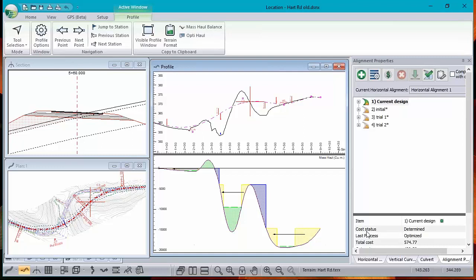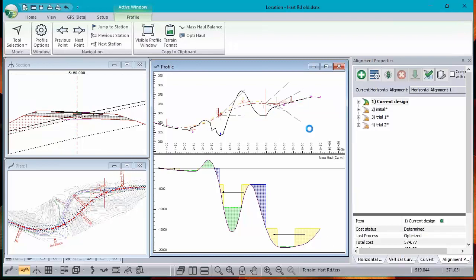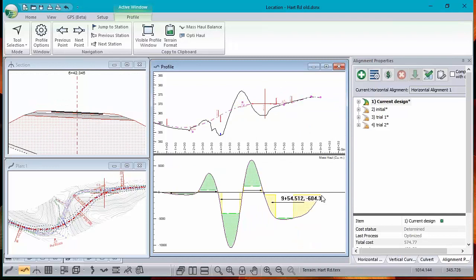So this is a fairly typical design where you've got some cuts where we go through the hill here. We've got lots of fills on either side. Right now we're short of material. If I were to move this down a little bit, you get a more balanced road. And this is your classic mass haul diagram, which is showing the accumulated cut minus accumulated fill, and it's working from,